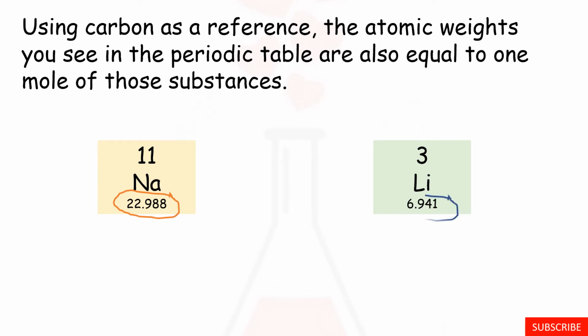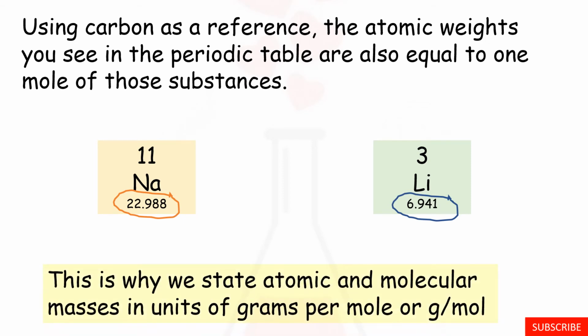So lithium, it will be 6.941. This is why we state atomic and molecular masses in units of grams per mole, or g per mole. So if you have 23 grams of sodium, we can say 23 grams per mole. Or if you have 6.9 grams of lithium, we can say 6.9 grams per mole, because that will be 1